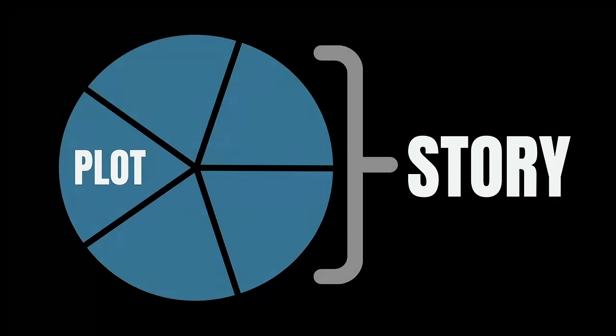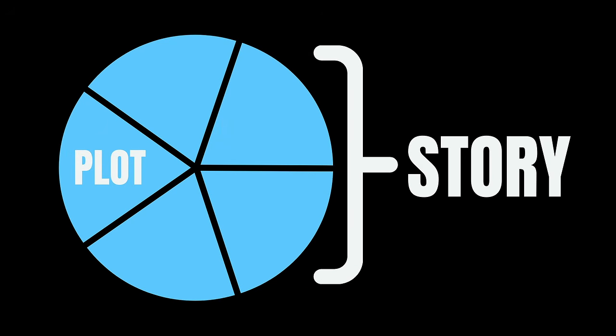Now let's talk about the difference between a plot and a story, and it's very simple. A plot is a sequence of events within a story. So this definition of plot ends with "within a story." What I'm saying here is that plot is just a part of story. In my mind, a story is made up of several different parts, and plot is one of the major parts. So whenever I hear about plot and story, I automatically think that story is more than just the events that happen there. Story is also influenced by the characters as well as the setting and other major things.